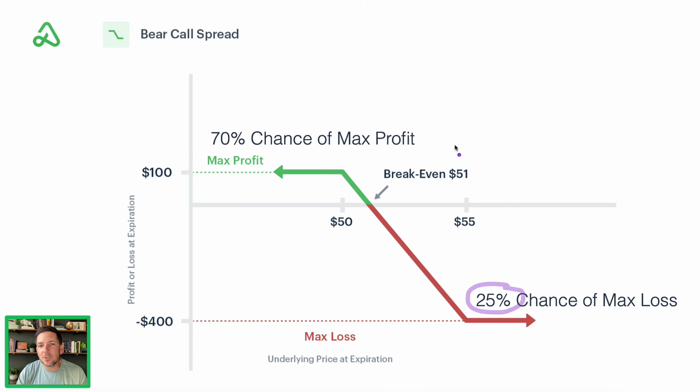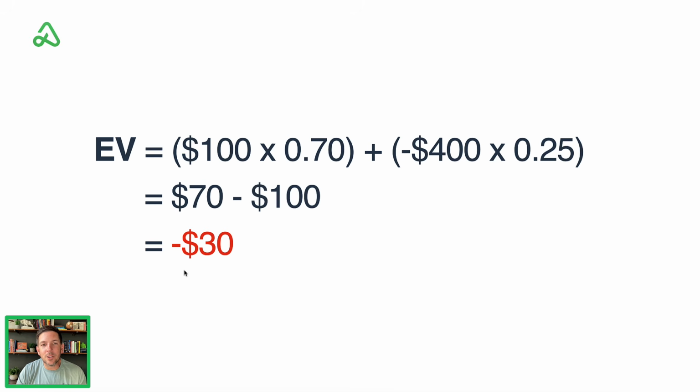But what you need to do is account for the fact that there is a 70% chance of a max profit and a 25% chance of max loss, and that the numbers here are real and known. We know how much we can make if we win. We know how much we can lose if we lose. So what we can do here is take this information and essentially create an expected value